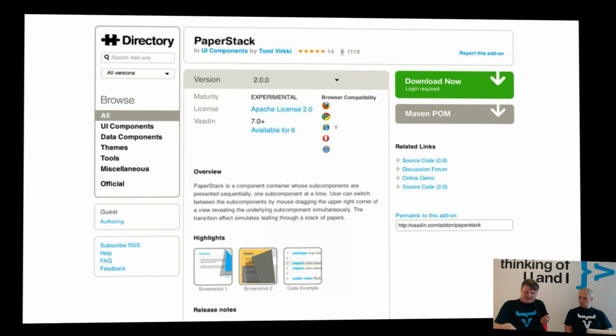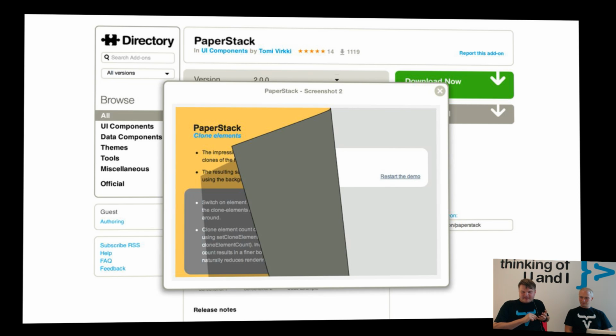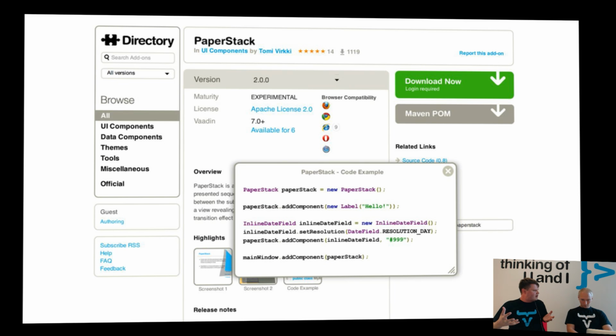So there are components like Paper Stack. This is one of my favorites. This is a pretty old component. But it shows that not all the UI components are good ideas to begin with. I mean, this is a layout component where you can put UI components on sticky notes, and you can tear those sticky notes away. And I don't know how or why somebody would be using this, but it also